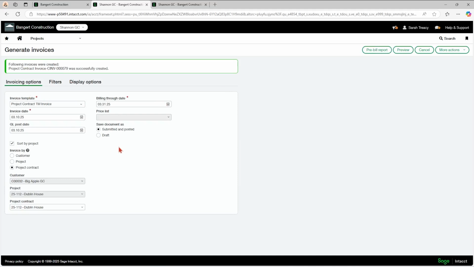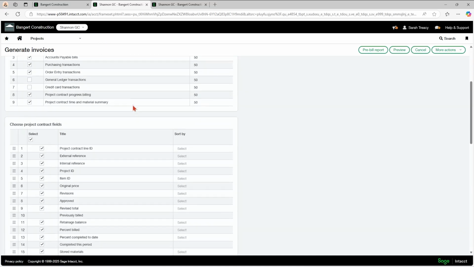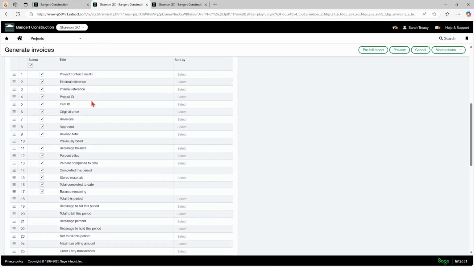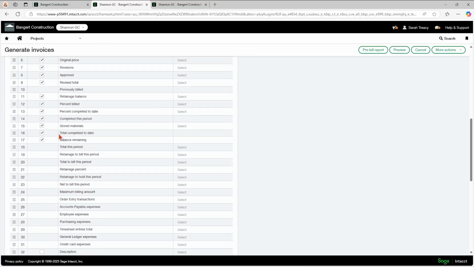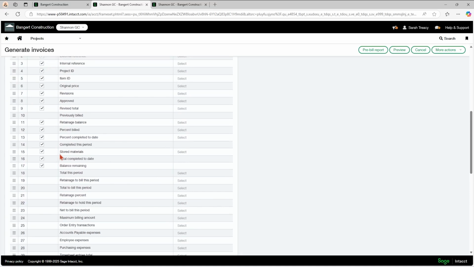So if your columns, when you went into billing that project contract, didn't flow the way you wanted them to, you would then go to your display options down here to your choose project contract fields and make sure that you have on the ones that you need on, and then you can also move them around so that they make the most sense.